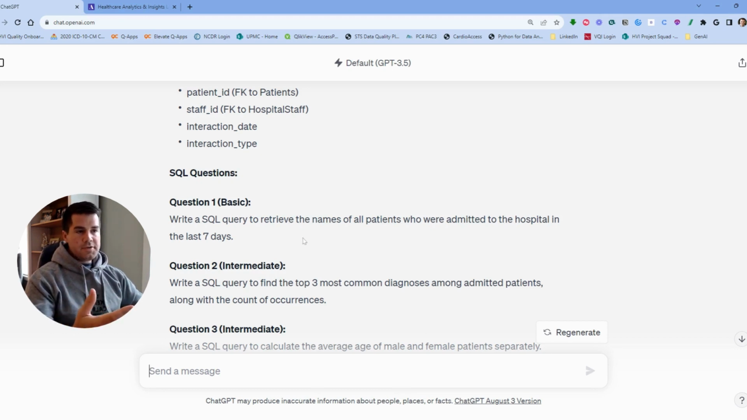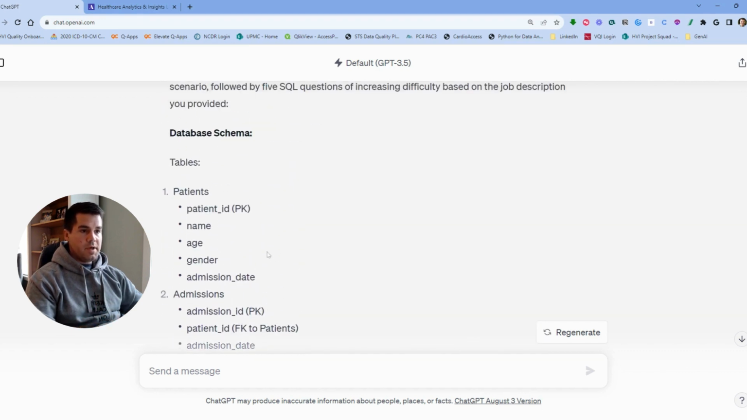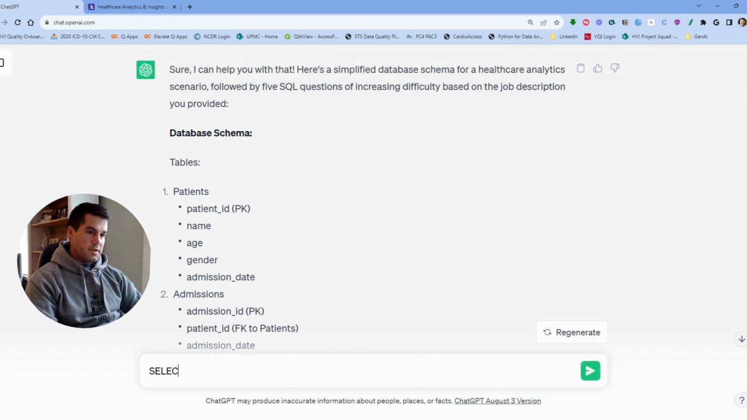So let's tackle this first question. So question 1, it's our basic question. Write a SQL query to retrieve the names of all patients who were admitted to the hospital in the last 7 days. So we'll go up to the patients table. It looks like we have the admission date and name here, so that should be good. So we're gonna select name and then shift enter to get a new line from patients